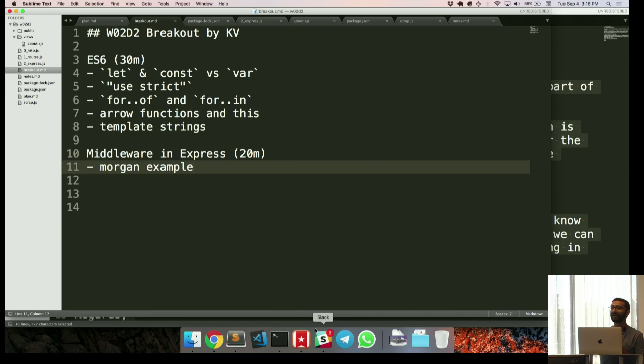Any kind of thoughts before I start in terms of the list that I have? Anything that I should have on there that I don't, or anything that I should emphasize more as we talk about these things?